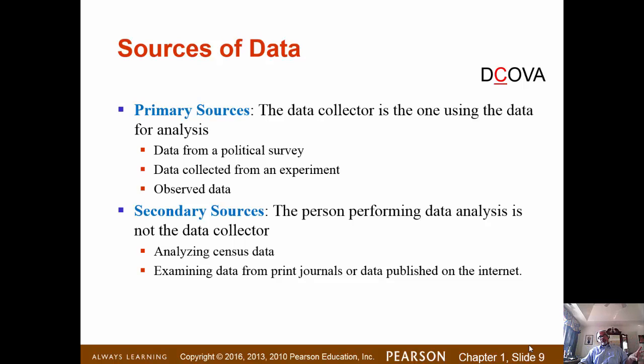The secondary sources are when you have a separation here. Somebody collects the data and you take the data and you analyze the data. So you don't have any control over how the data gets collected. You simply use the data from the other source. So some examples are census data or industry data that gets published on the internet, and you need to rely on the accuracy of, you need to make sure that the data that you get from secondary sources are reliable